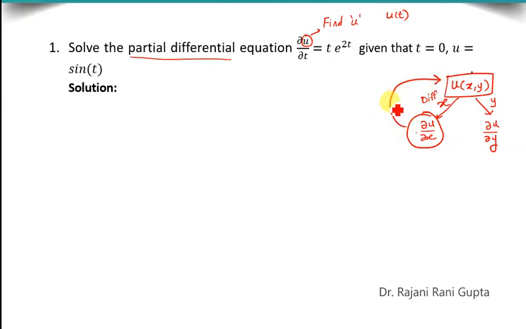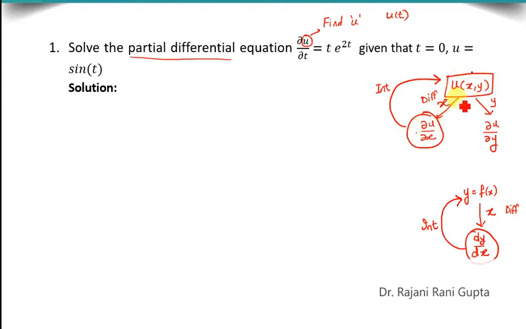So what do we need to do? We need to apply the reverse procedure, which is called integration. If y is a function of x, then if we differentiate it with respect to x, we get dy by dx. This is the process of differentiation. But when we go back to the original function from the given derivative, we apply the reverse process, which is integration.